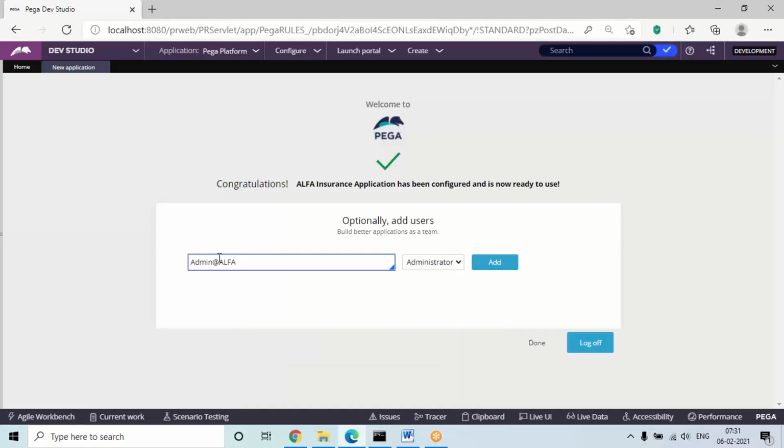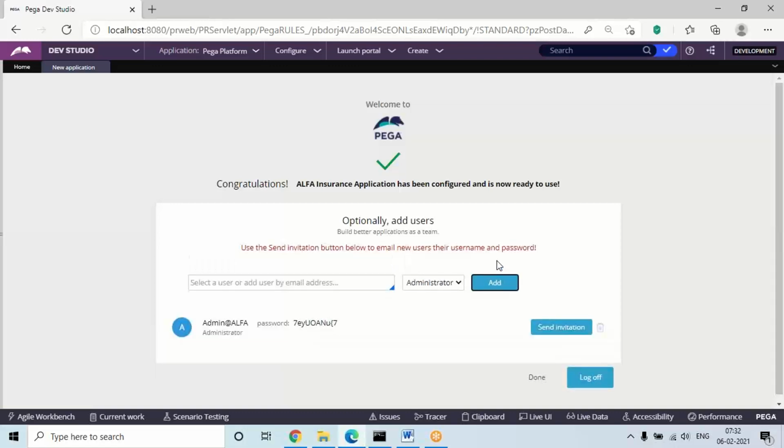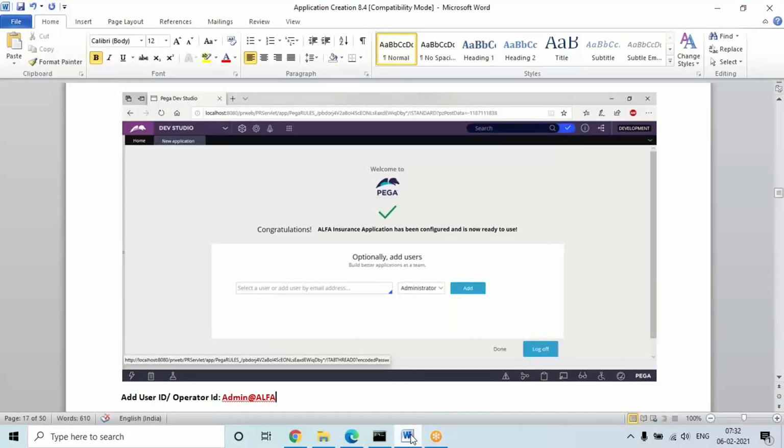After this ID, for the first ID, whatever we generate for the application, at the rate is compulsory. So give the same ID, or the same format that I'm showing in the setup. After this ID is given, click on the add option. It will create a password. Some random password will be generated. So make sure you note this ID and password, so you can remember it. Make a note of the password in some notepad or somewhere.